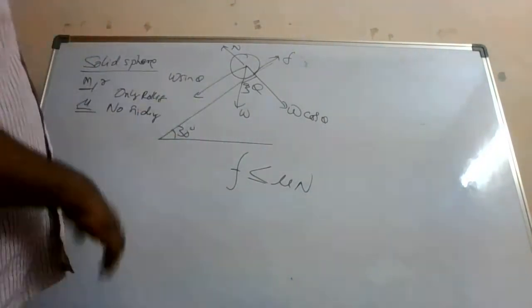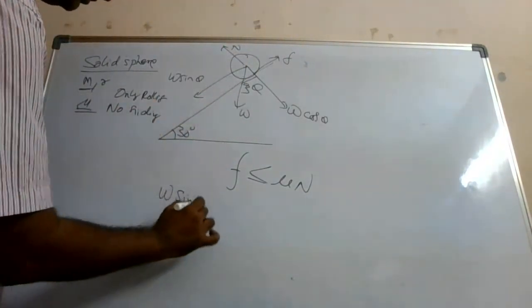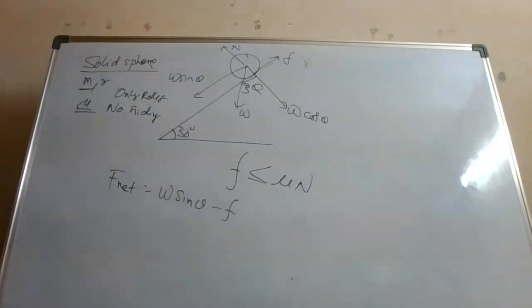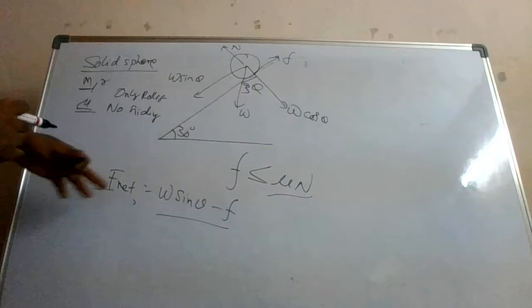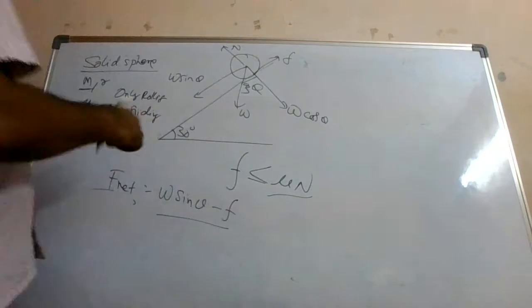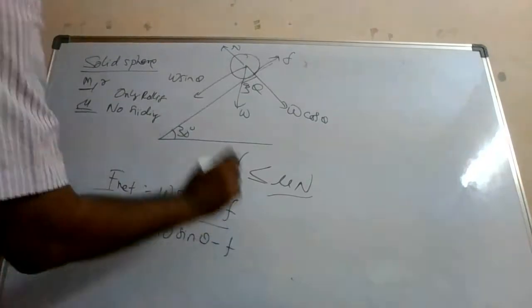So what is the net force here acting actually? The net force here is W sin theta acting in the downward direction, minus F is the F net, isn't it? W sin theta minus F. So this net force, if it is less than your mu n value, it will roll. So we can calculate this F net value here. You can take the mass as given, 1 kg, so W will be how much? 10. So it is 10 sin theta minus F.